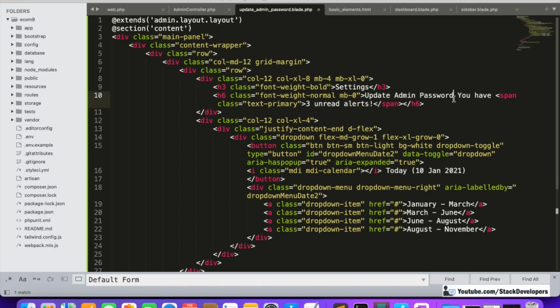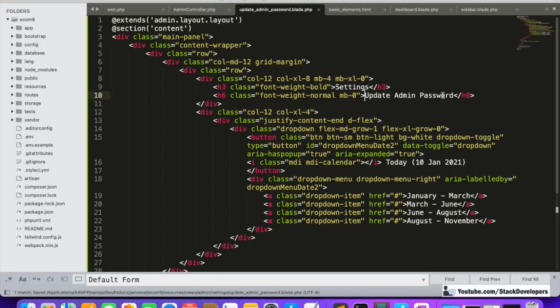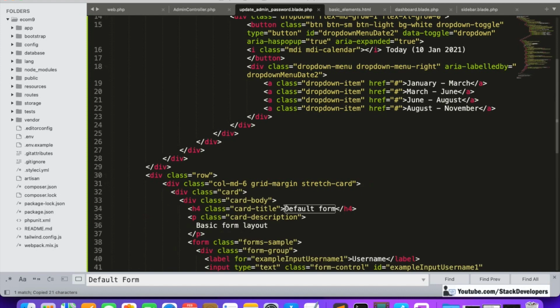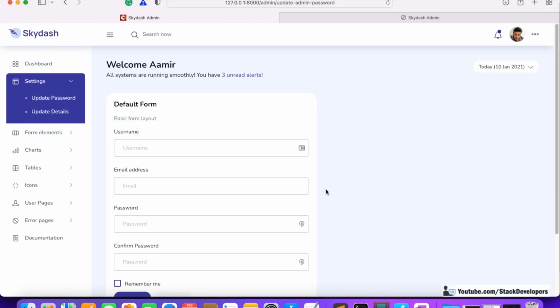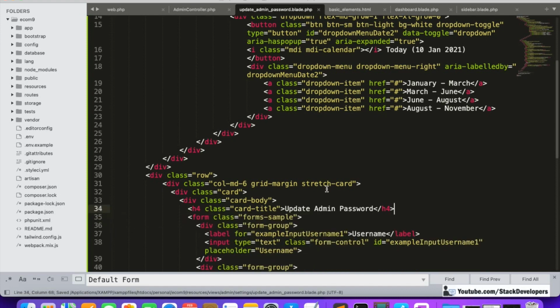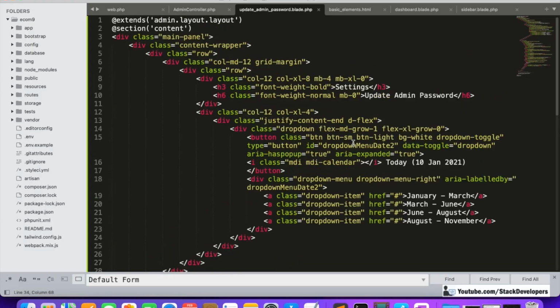The rest of the code we can remove from here, and here also we can show the update admin password in default form. We can just add it here, and it is not required. If anything you want to write, like you can update the admin password or something, then we are required. Otherwise we can remove this one. Okay, so this is the form. We can also remove this one, update admin password, if it is not required, or we can